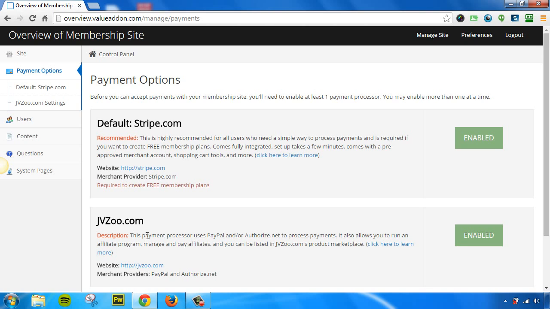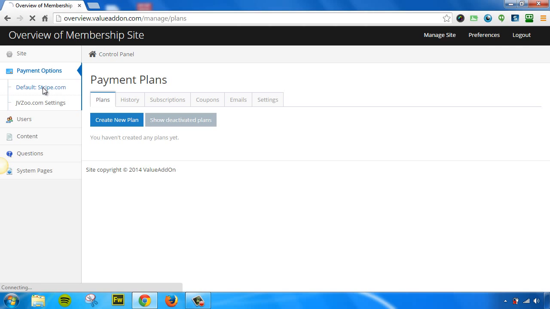It also allows you to run and manage your own affiliate program. And yes, once again, you can enable both of these payment methods at the same exact time. Now, once you enable these payment methods, it will give you more options. For example, if you enable Stripe, you will have this link right here that says stripe.com, and this will allow